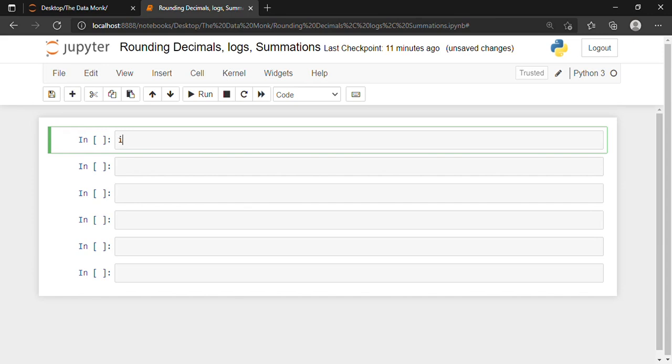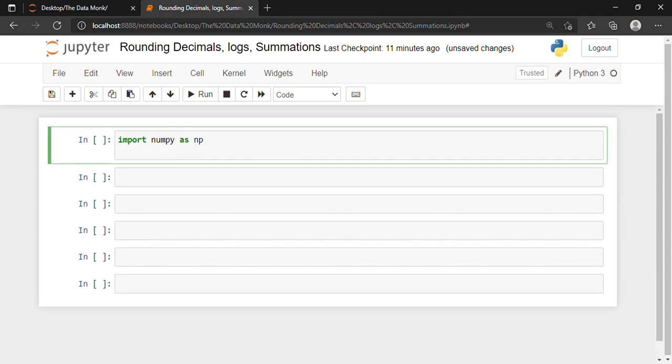First, for using it, we will have to import NumPy. So import numpy as np. Then I'm declaring an array, or assigning values. So array is equal to, and we will be writing it inside the trunc function itself. So np.trunc. We can also do it in a way where we first write the array and then use the trunc function, but I'm combining both these statements together.